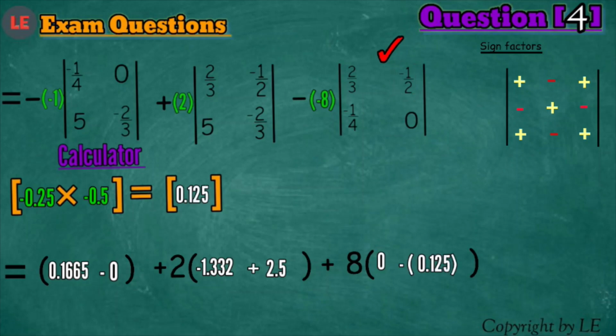Try to calculate all these together and see what value you get. Calculating all these, I get the value of the determinant to be 1.503. Well, that was the answer for